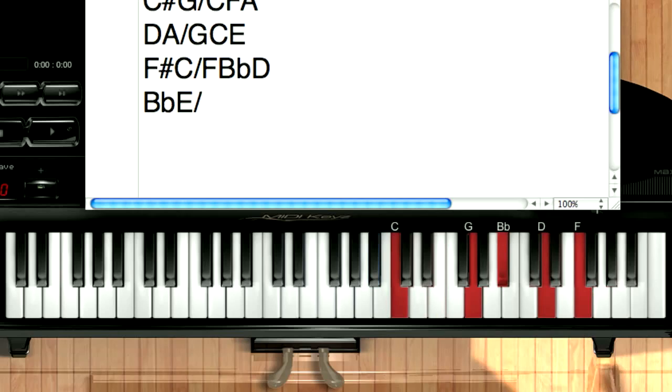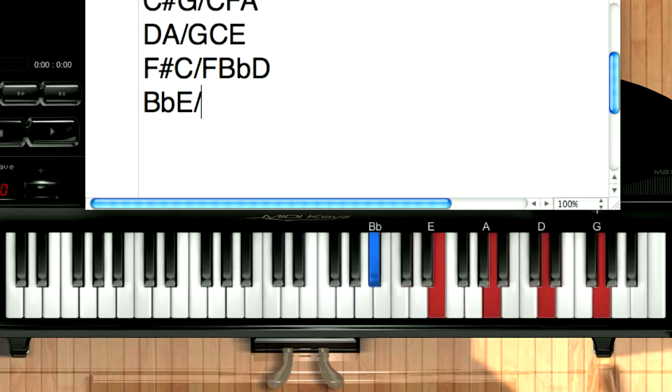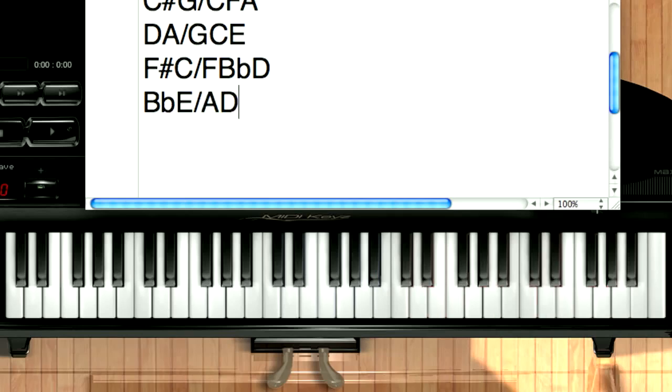This is my 5 chord that I was moving to. So this passing tone was B flat and E with A, D, G, and then going to